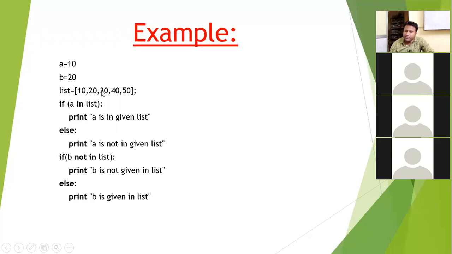We pass a list 10, 20, 30, 40 and 50. To check a condition, the if statement is used. If a in list, is a inside the list? If yes, a is in given list, if not, a is not in the given list. Then if b not in list, b is 20, and 20 is in the list, so this condition is false. So the else block will execute, and it will show b is present in given list.